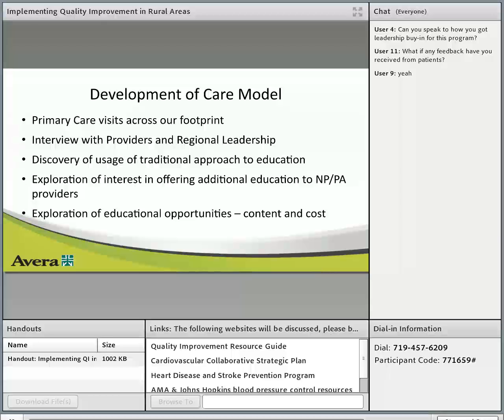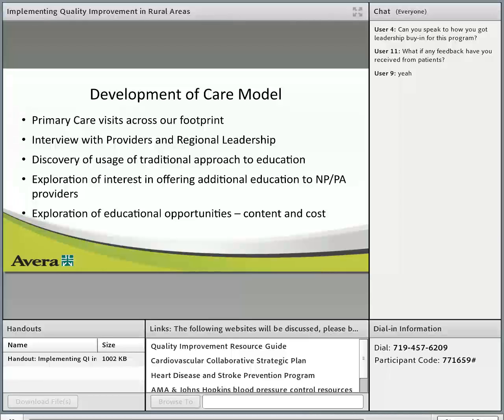So what we did was we went to our primary care service line, and we'll talk about that in a little bit, but we were able to go to those regional directors and discuss options associated with that approach to education. We looked at the things that would be most logical to do. We had one particular regional director who was extremely interested in putting his education together. He had some new mid-level providers that were less busy than they could have been, had some time that they could allocate to education, and were all extremely interested in diabetes education.